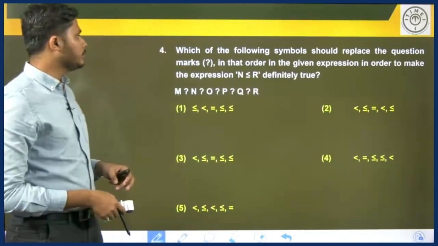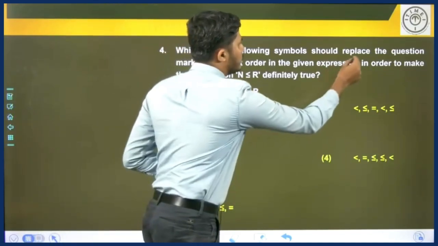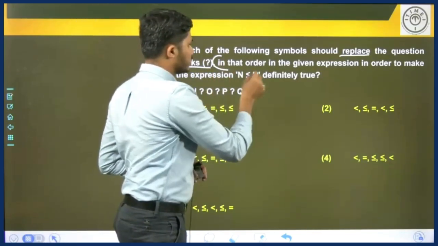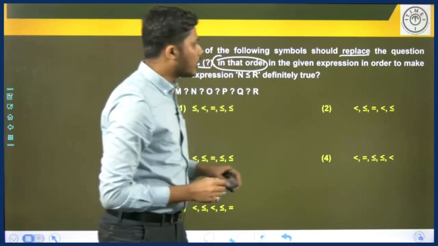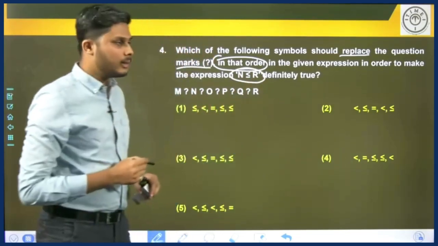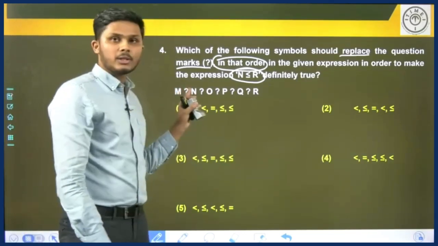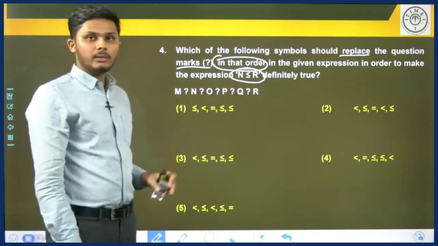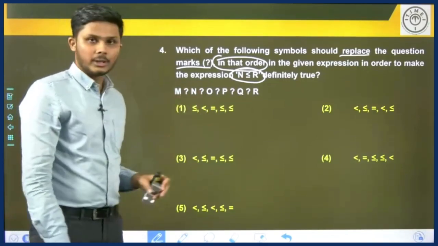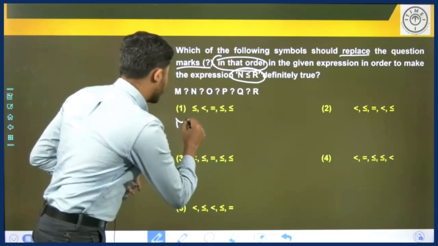Moving on to the next question: which of the following symbols should replace the question mark in that order in the given expression in order to make the expression N less than or equal to R definitely true. So, in this statement, we will replace the question mark with the symbols given in the respective options, in their respective positions in that order. So, let us first check the first option, which is M